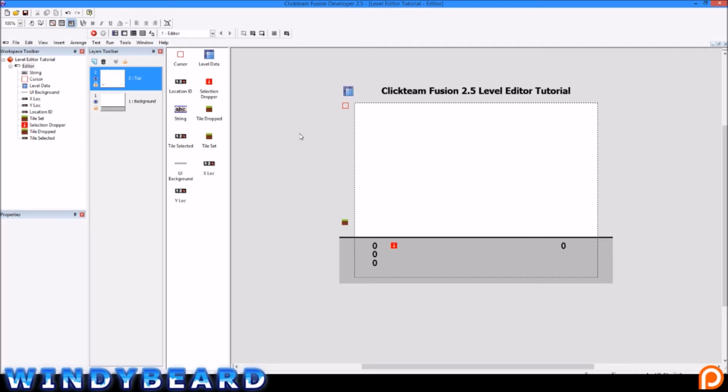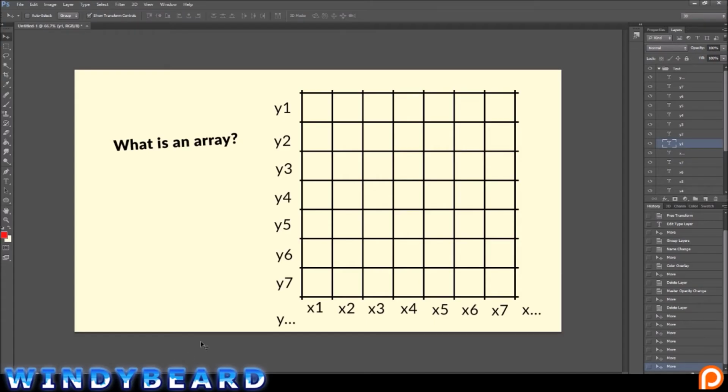All right, and I'll quickly explain what an array is as best as I can. Basically this is just a way of storing information, and it's a very good way of storing information. I use it in every game I make, and the best way for me to explain is this, and here's one I made earlier. We've got what I think in my head when I'm working with an array. This is what goes through my mind, right? So if you think of it like a grid of information, which is exactly what it is,